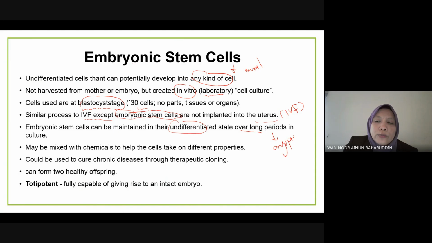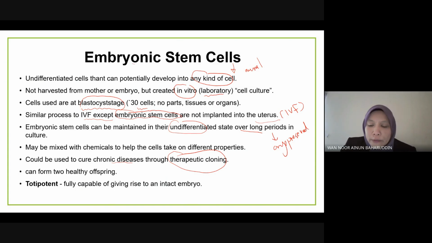What we call as cryopreserve. Okay, so they can be mixed with chemicals to help the cells to differentiate into any different properties. So actually, this one is one of the means to treatment for chronic diseases through therapeutic cloning. So this one can form two healthy offspring. Okay, then